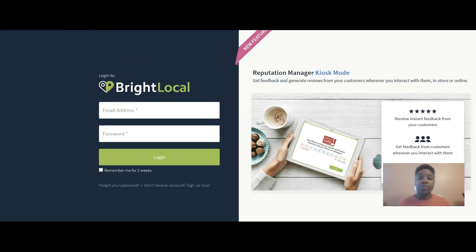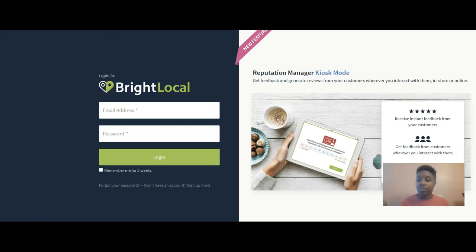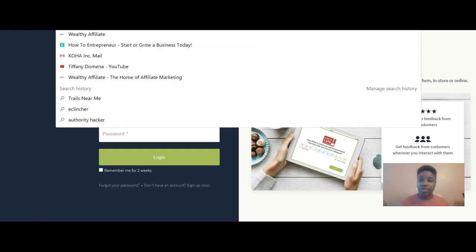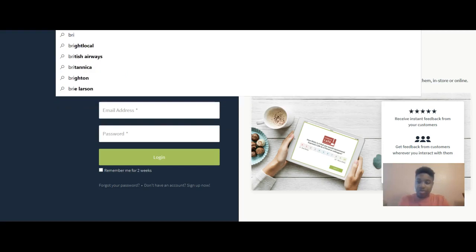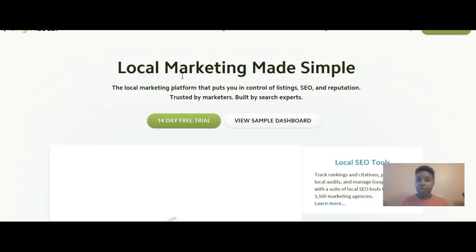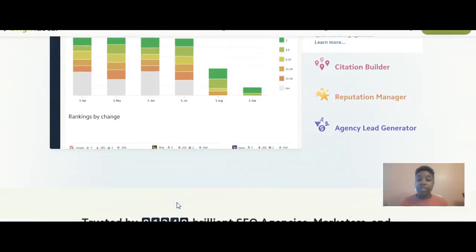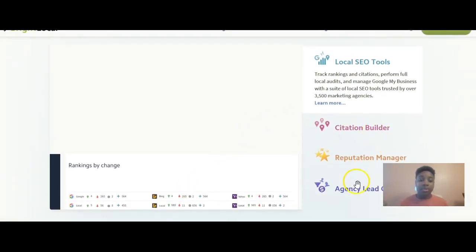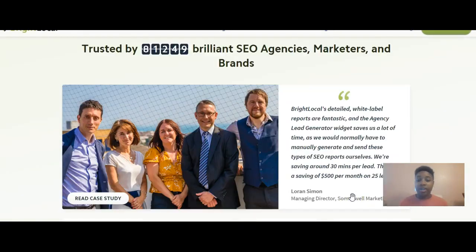So when you go to brightlocal.com, let's go ahead to howtoentrepreneur.com/brightlocal, and this is where it'll take you. Okay, so as you can see, this is BrightLocal's website. It's very user-friendly. It's very simple. They have the citation builder, reputation manager, agency lead generator, and